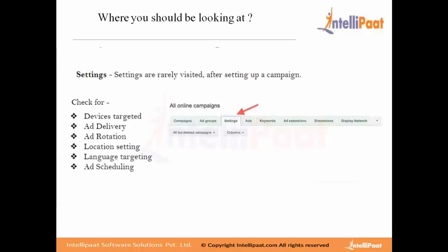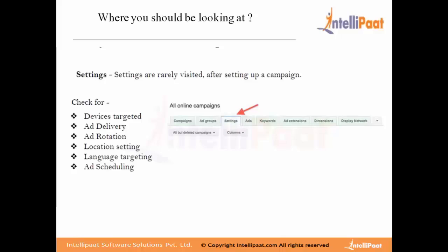Then comes the settings part. The settings part is the very fundamental thing while creating an advertisement. There are plenty of settings which one needs to look into while doing a PPC account audit, starting from the devices being targeted. There are plenty of devices which are targeted, whether it's a computer or a mobile or a tablet and so forth. What particular device is giving you much better conversions is something which needs to be looked at. If there are many more conversions from a mobile device as compared to a tablet, then absolutely you need to put more money into mobile as compared to the other devices.